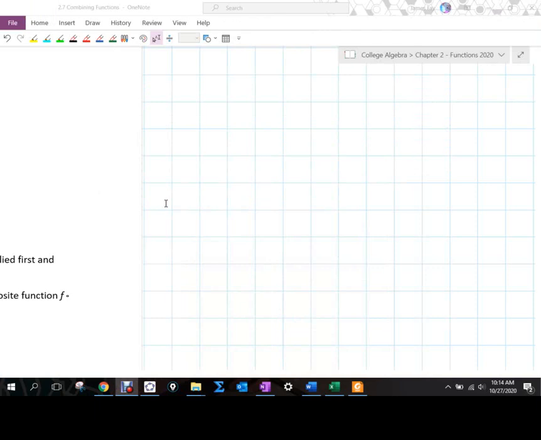Yesterday we were talking about composite functions. I'm not sure where we left off, whether we got through the example that I wanted to get through or not, but I want to at least show you one more. So I'm going to start with f of x